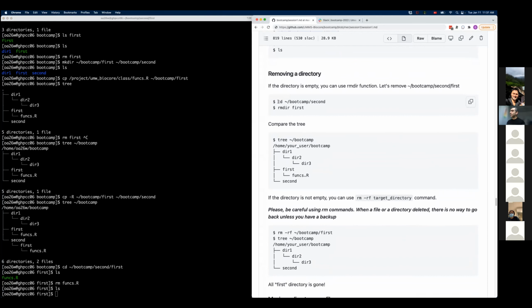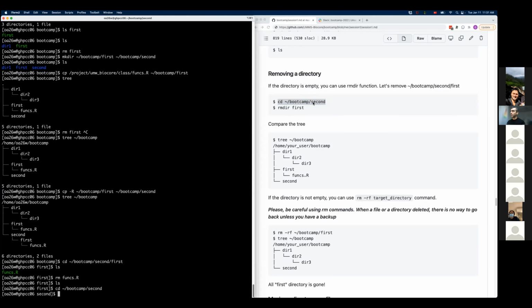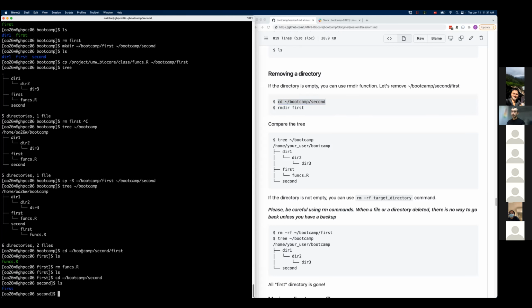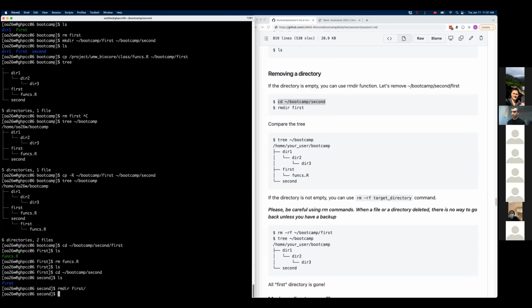For removing a directory which is empty, we use the rmdir command. So we're going to again follow the code here. We're going to go to the second folder. The list, there's the first folder which we just emptied. And here I can do rmdir first.